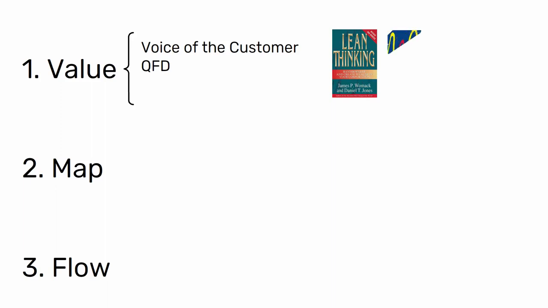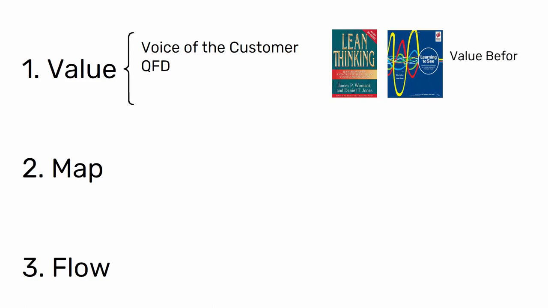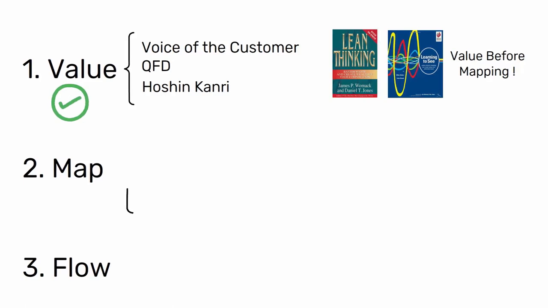Rother, in his new introduction to Learning to See, states that after the publication of the book, many companies rushed to do VSM without connecting this exercise with value for the customer and the company. After this exercise, you must ask yourself how, where, and in what time frame to translate this value. This is the time to use Hoshin Kanri, also known as strategy deployment. At this point, the first step should be complete, and you are ready to move on to the second step,